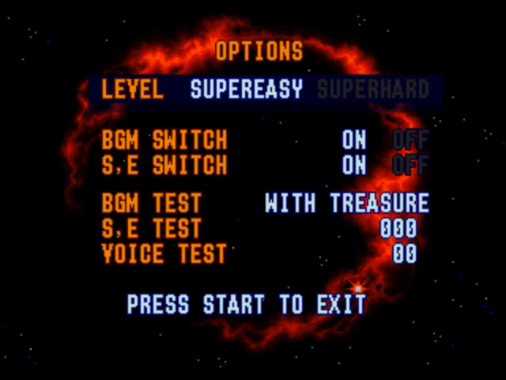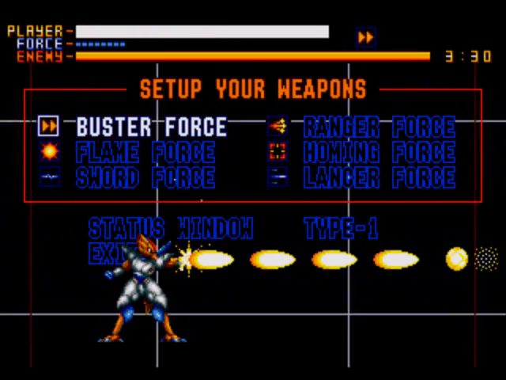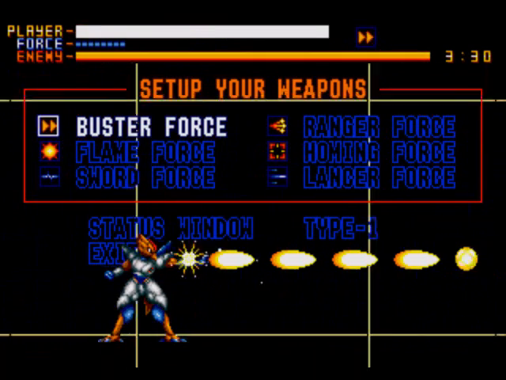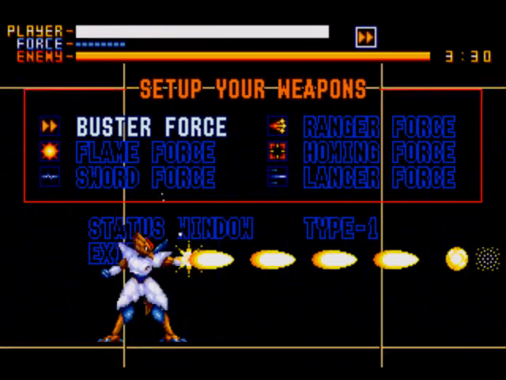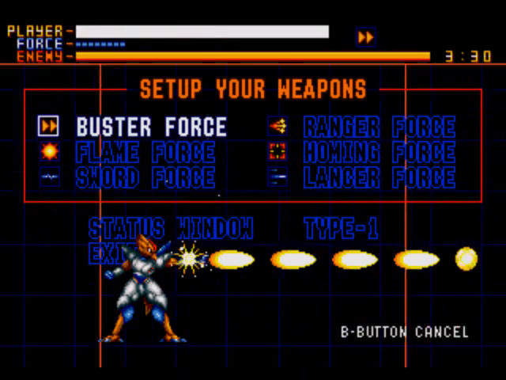So anyway, I am setting the difficulty to super easy because on both modes you get one life, but on super hard you get no continues. And I'm not going to risk getting to the end of the game, dying, and then having to start all over again. There's some other slight differences, but for the most part they both play exactly the same. But anyway, before I waste any more time,